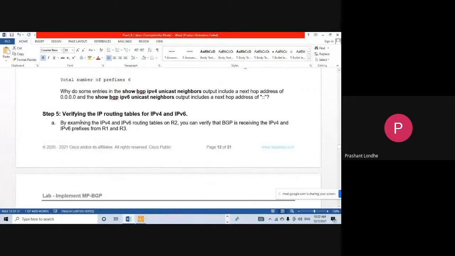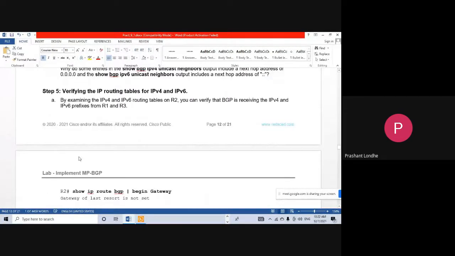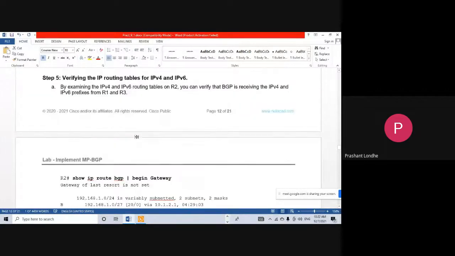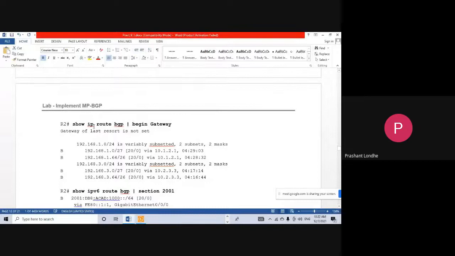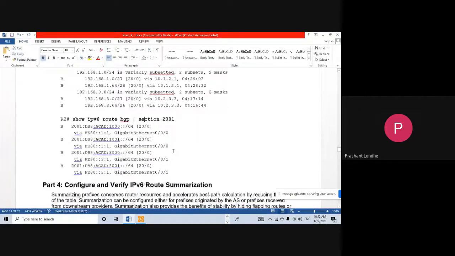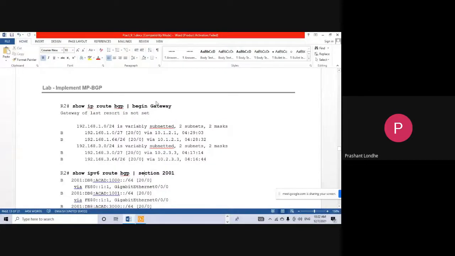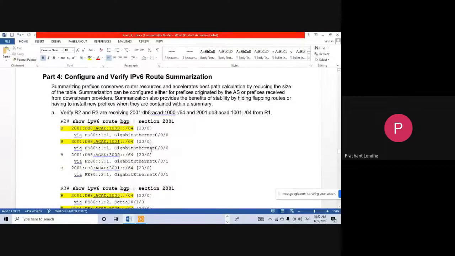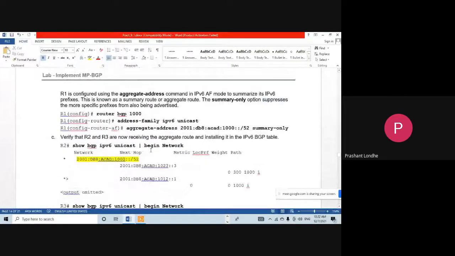Then this is a way of displaying the IP routing tables of IPv6 and IPv4. Here you can type this command, begin gateway and section 2001. The begin gateway is used for IPv4, and the section 2001 is used for IPv6. So you can fire those commands and check the output. You don't require to run this command.